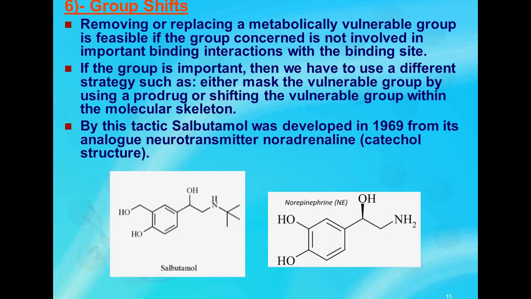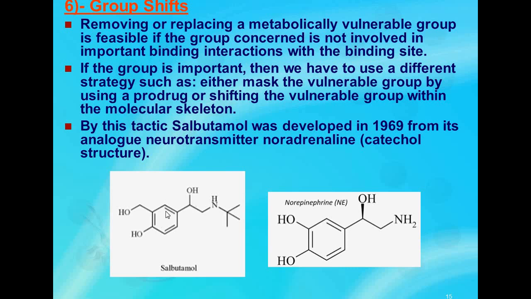Now coming to the group shift. Removing or replacing a metabolically vulnerable group is feasible if the group concerned is not involved in an important binding interaction with the binding site. If the group is important, then we have to use different strategies such as either masking the vulnerable group by using a prodrug or shifting the vulnerable group within the molecular skeleton. By this tactic,